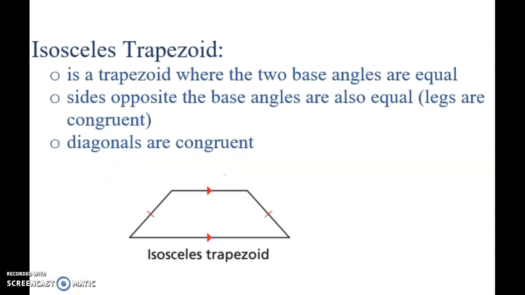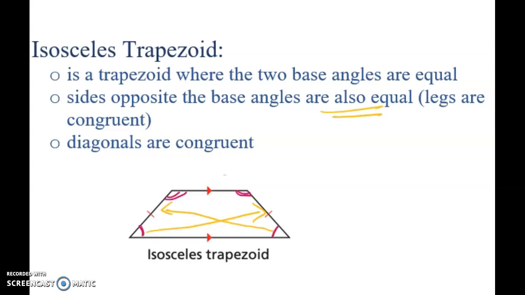The second thing that we will talk about in this video is the isosceles trapezoid. It is a trapezoid but isosceles. It is a trapezoid where the two base angles are equal. So if you can see in this particular diagram, the base angles, either the bottom ones or the top ones, they will be equal to each other. Sides opposite to the base angles, we are talking about this side,